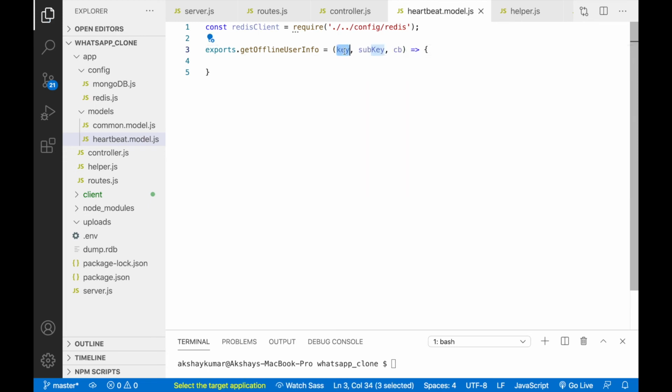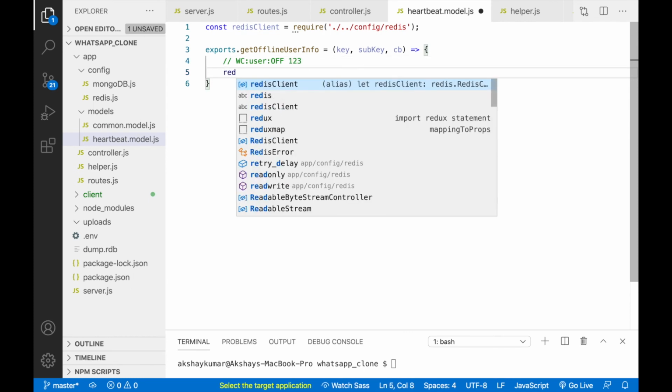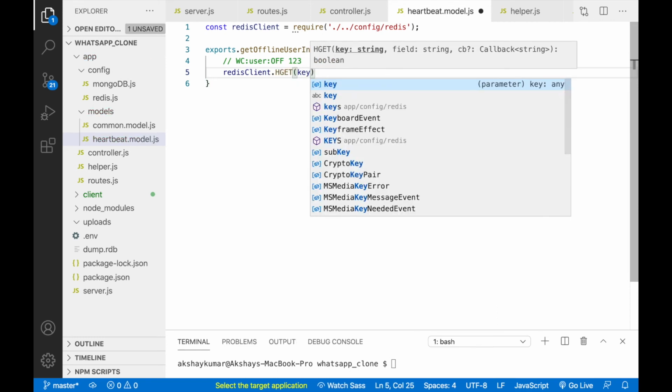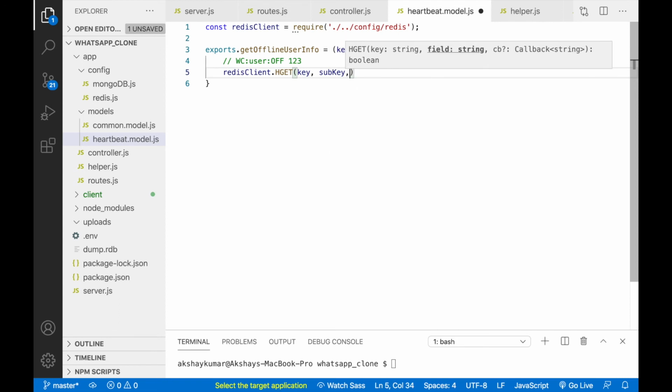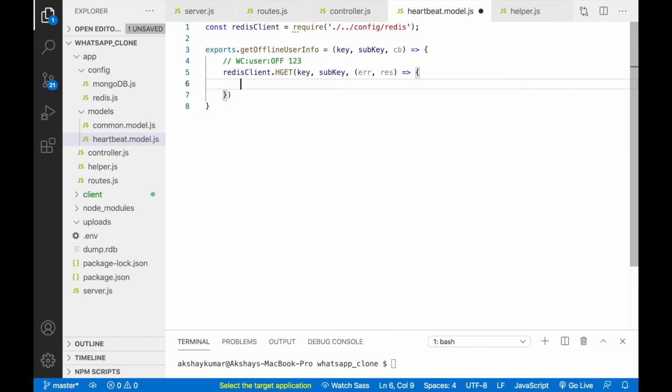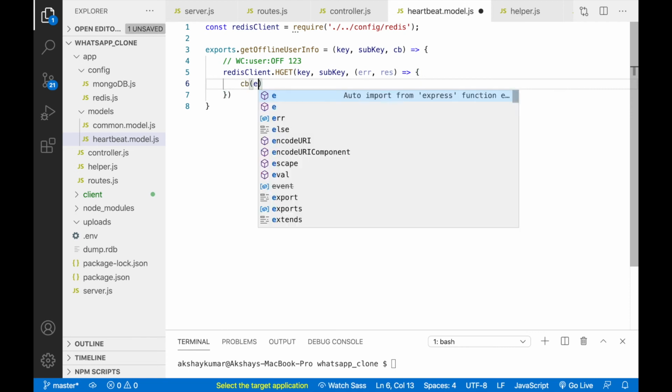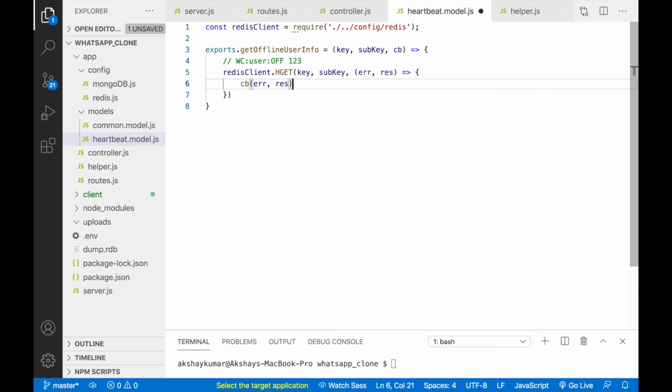So this key is wc_user_off, and this sub key is the session id, let's say 123. After this we can write redisClient.hget, we'll pass key then sub key, and it will give you error, response. Then we can just pass that response inside the callback: callback error, response.